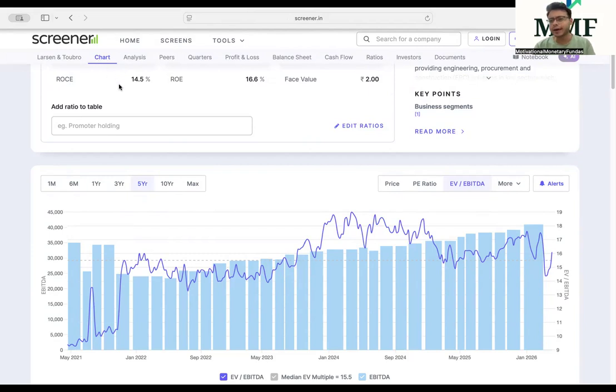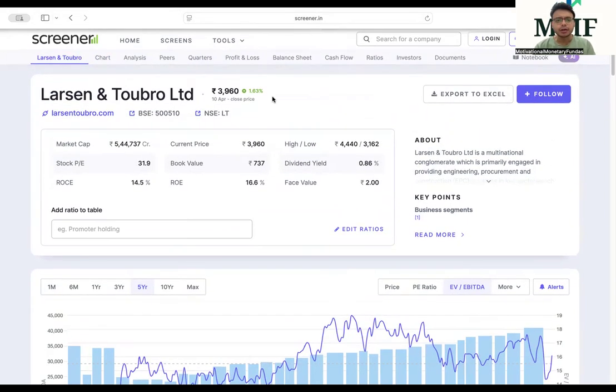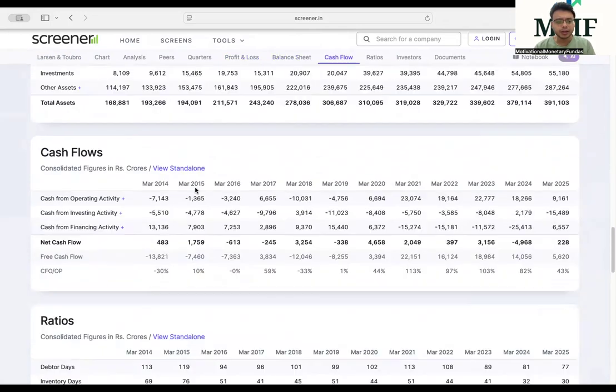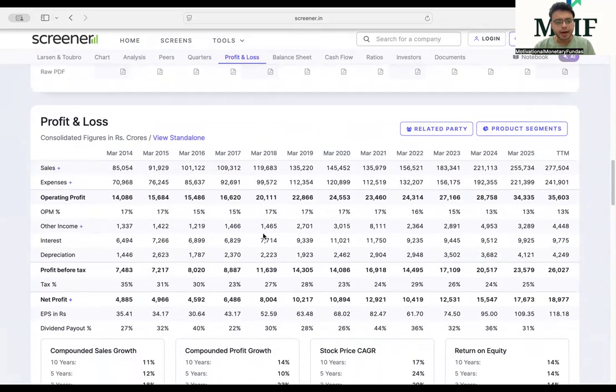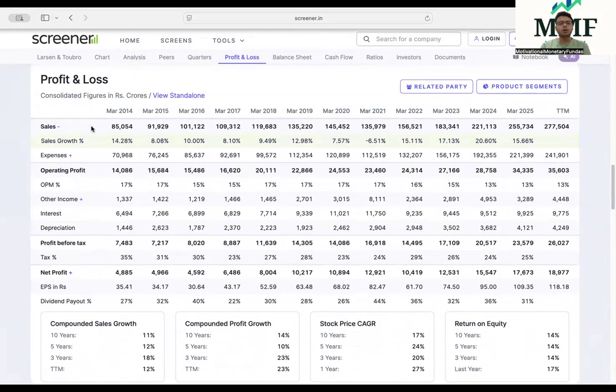Again, the enterprise value can be simply calculated. उसमें आपको ज़्यादा इशू नहीं होना चाहिए. Again, EBITDA can also be simply calculated. So for example, if I go to the P&L, if I just give you a gist of it, तो P&L में अगर मैं आपका एनुअल P&L में जाऊँ,